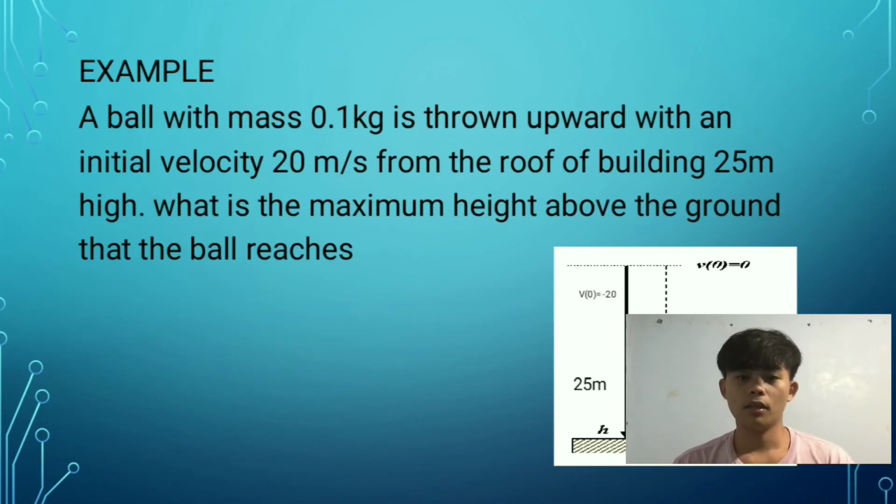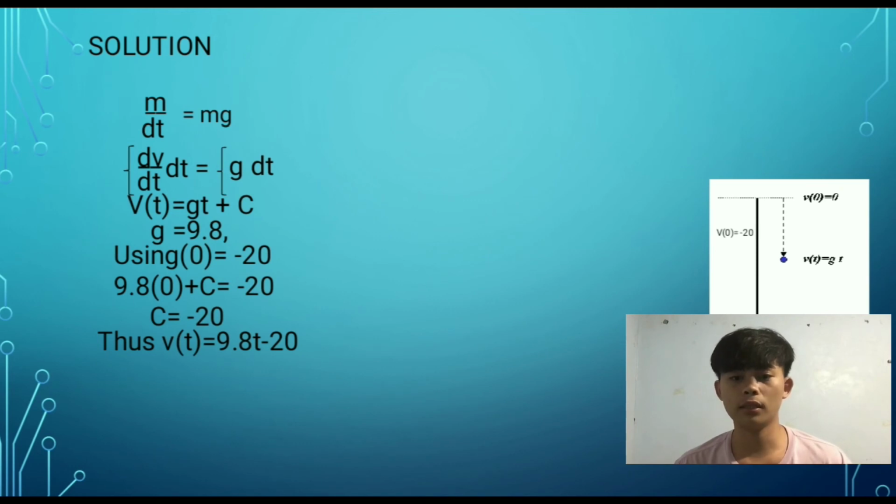Example: a ball with mass 0.1 kg is thrown upward with an initial velocity of 20 meters per second from the roof of a building 25 meters high. What is the maximum height above the ground that the ball reaches? Solution: m dv/dt equals mg, dv/dt equals g, dv equals g dt, v(t) equals gt plus c, g equals 9.8. Using v(0) equals negative 20: 9.8 times 0 plus c equals negative 20, c equals negative 20, thus v(t) equals 9.8t